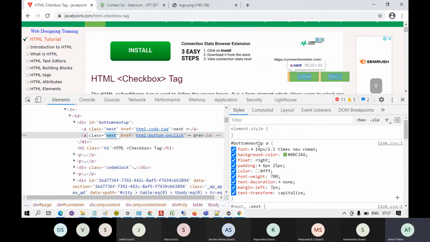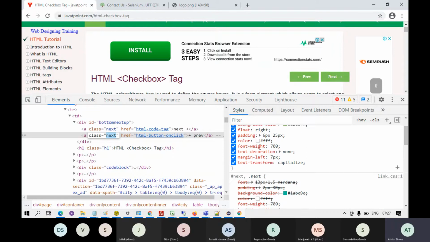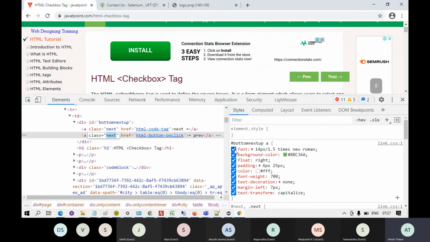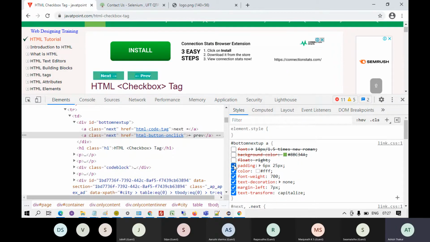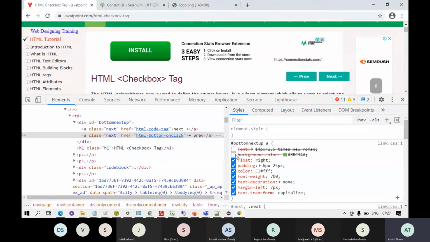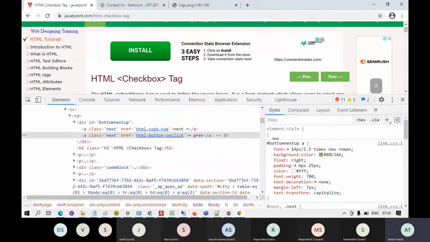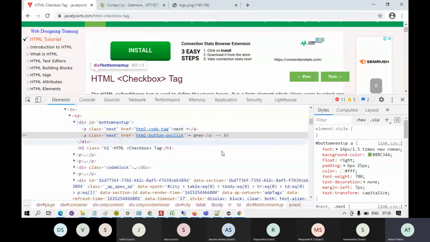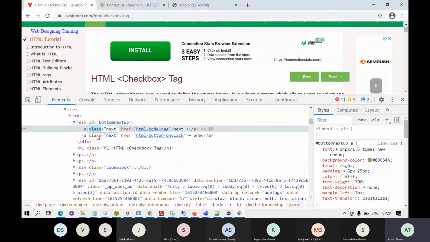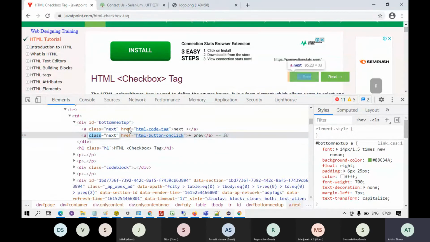You don't need to go into this, but this is something which gives the element a look and feel. If I uncheck these options, see, the look and feel of the button will change. This is used by the developers. You don't need this, but majorly you will need this thing. And understand the class is something which is not unique.